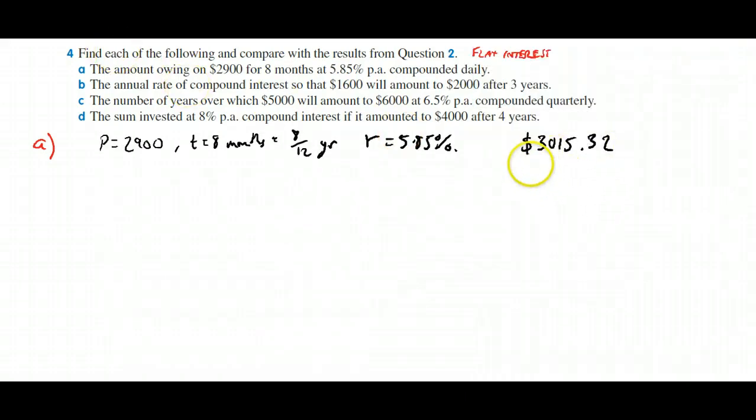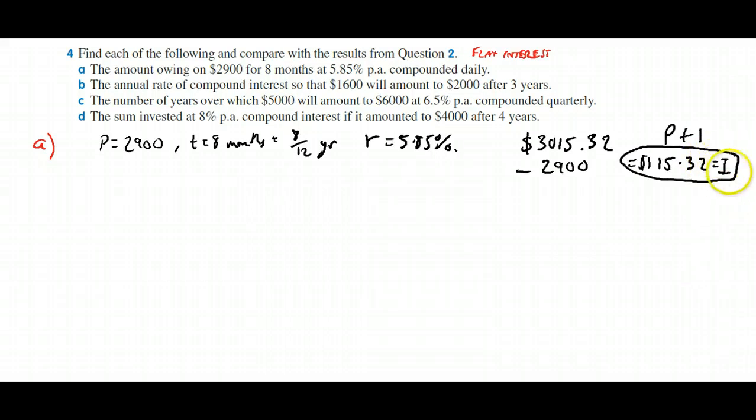Okay, and if we take away that amount, which is the total amount, principal plus interest, take away the principal from that, so we just know the amount of interest, we'd have $115.32. That would be I, the amount of interest. Okay, in part B, we've got an annual interest rate of compound interest, so that $1,600 will amount to $2,000